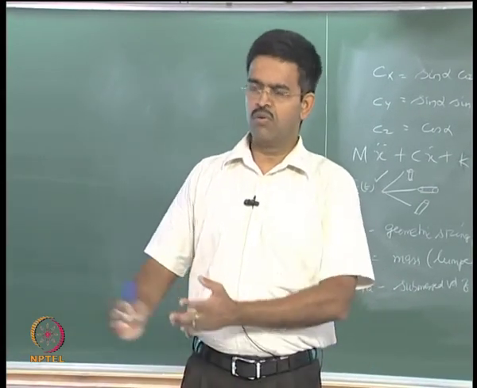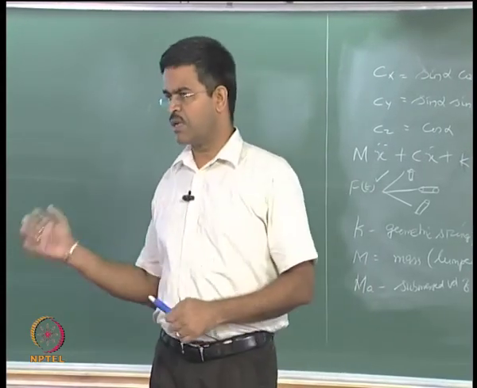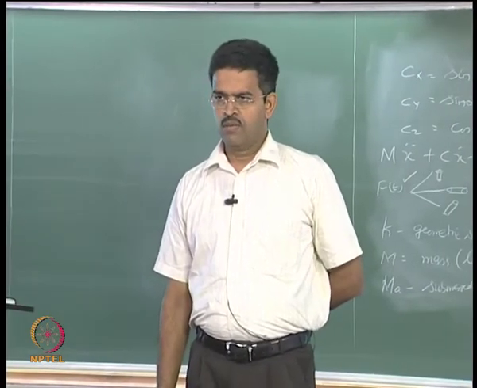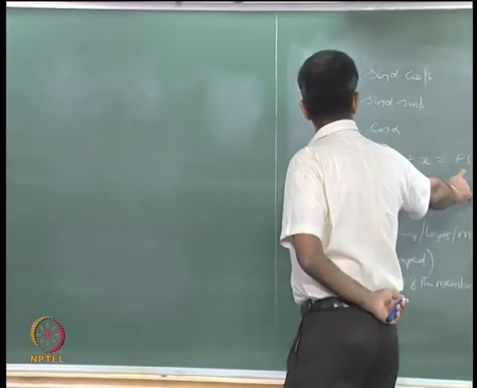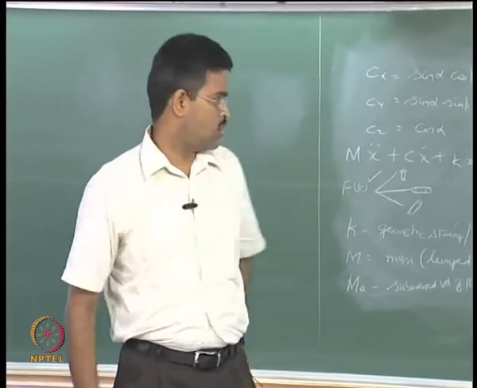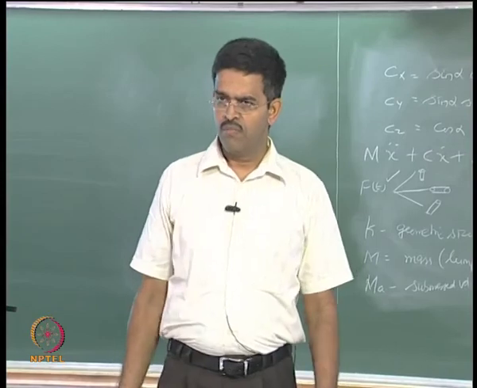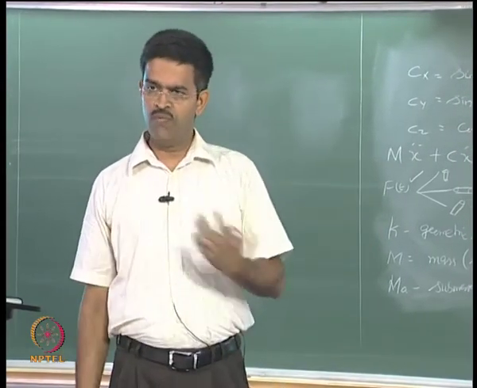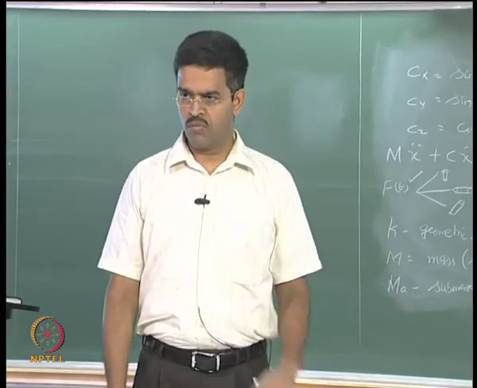So, this is what we are going to take up in a couple of lectures down the line as far as dynamic analysis of offshore structures is concerned in this module. The next class will focus on how to get the f of t if there is ground excitation, because now we spoke only about the horizontal or lateral loading that comes from the waves. Of course, we gave you an introduction on how to get the force because of wind in the first module. This talks about waves because the Morrison equation deals only with waves.